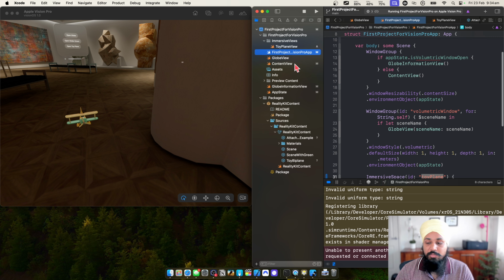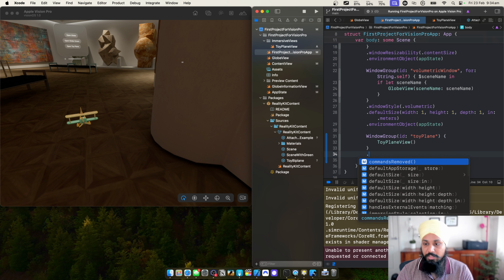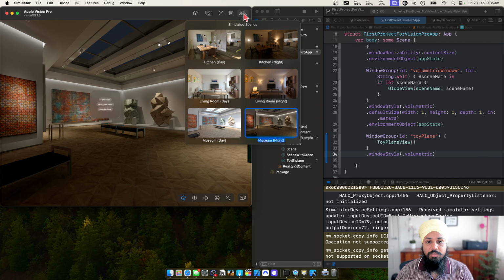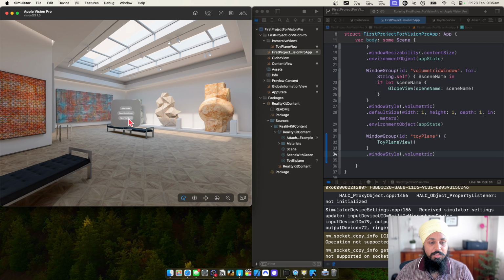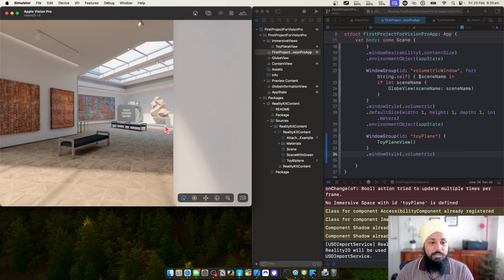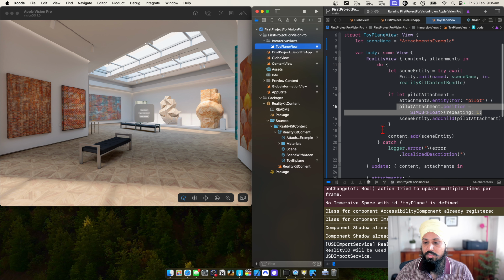So let's go back to our app and now change this to a window group, and then set our window style to volumetric. Let's change to maybe light mode, museum light. Okay, let's open the plane. So it should have opened somewhere. Oh no. Okay, so we have changed to window group,